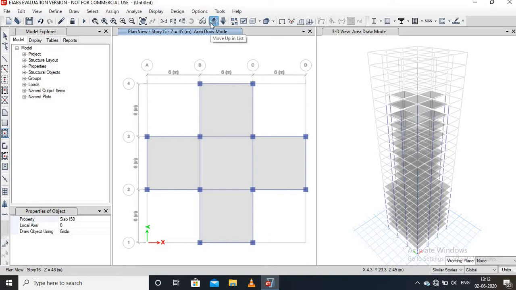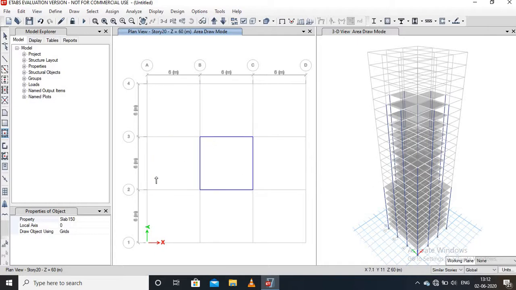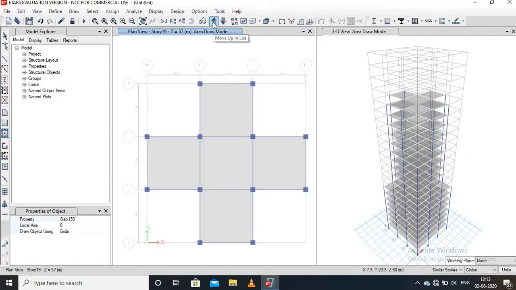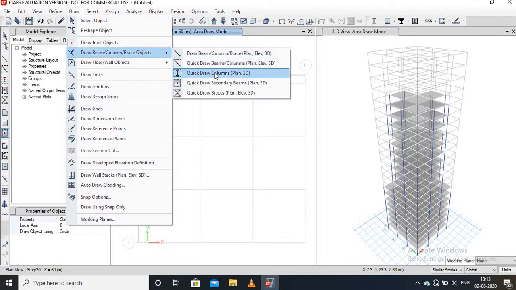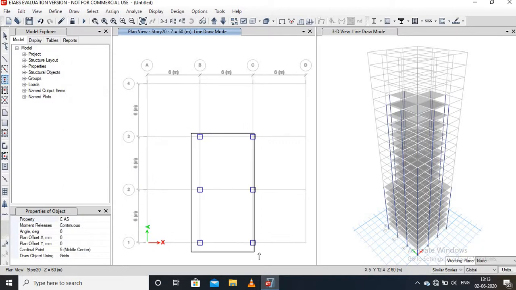Then go to story 19. Then go to the draw menu and go to quick draw column and draw the column in a similar manner.